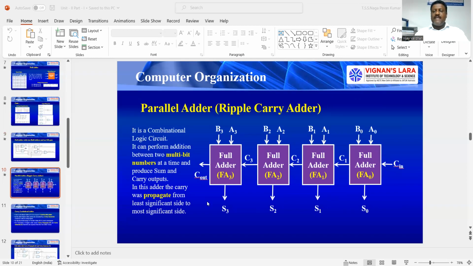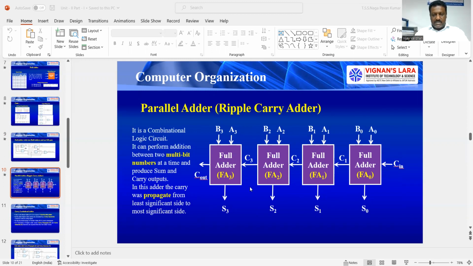And the next one is another adder that is called parallel adder. This parallel adder we can also call a ripple carry adder. What can this parallel adder do? Basically, it is also a combinational logic circuit. For our example here, I should consider a 4-bit parallel adder, because this parallel adder can do addition between